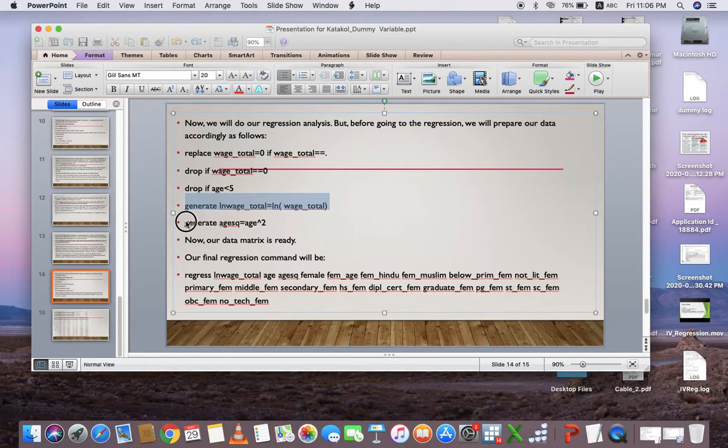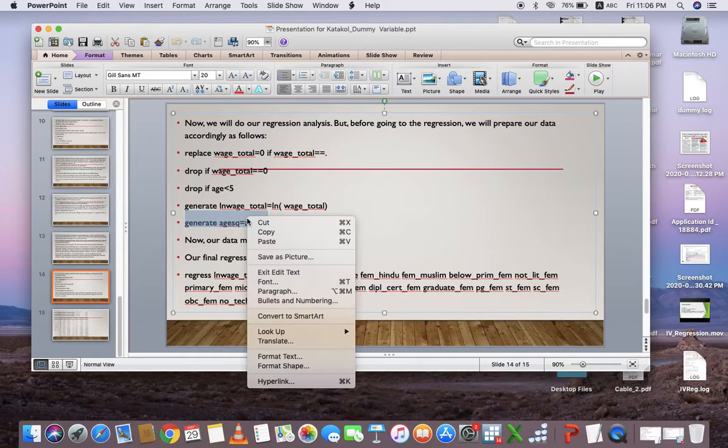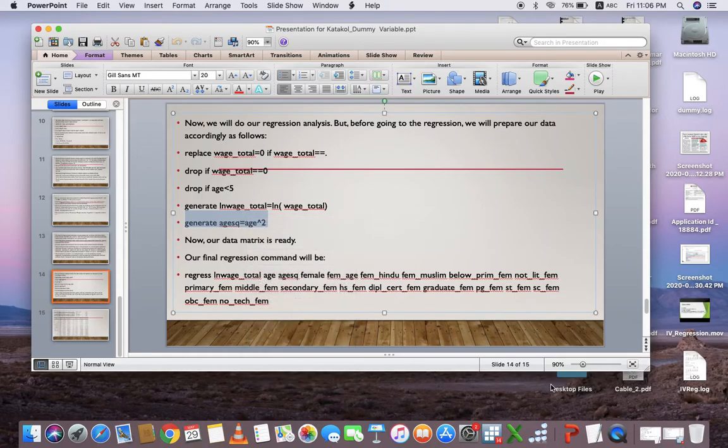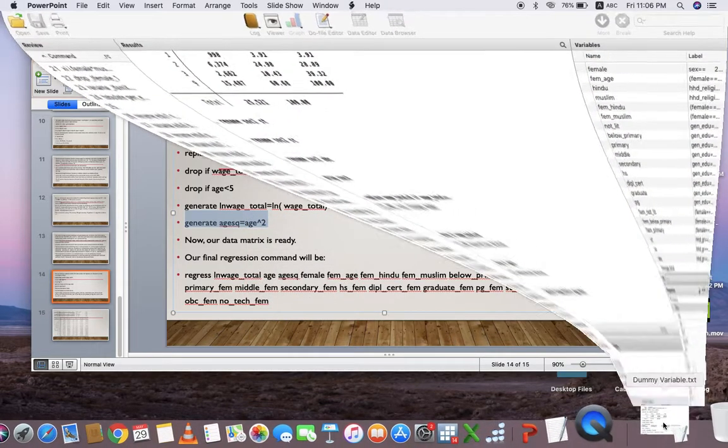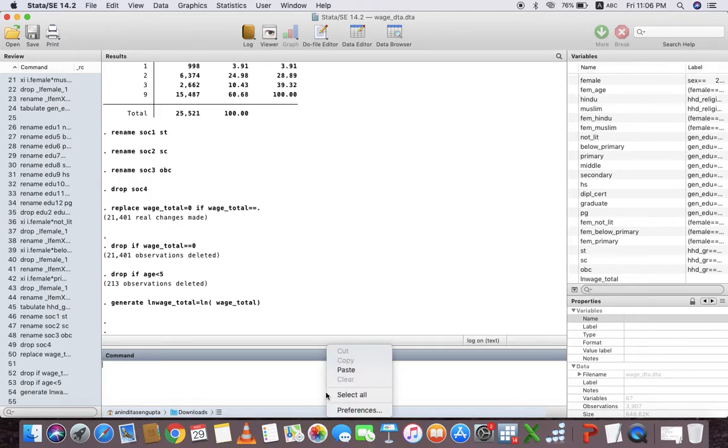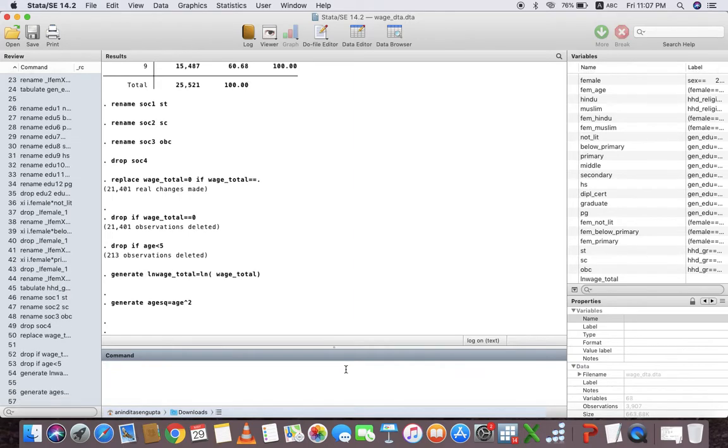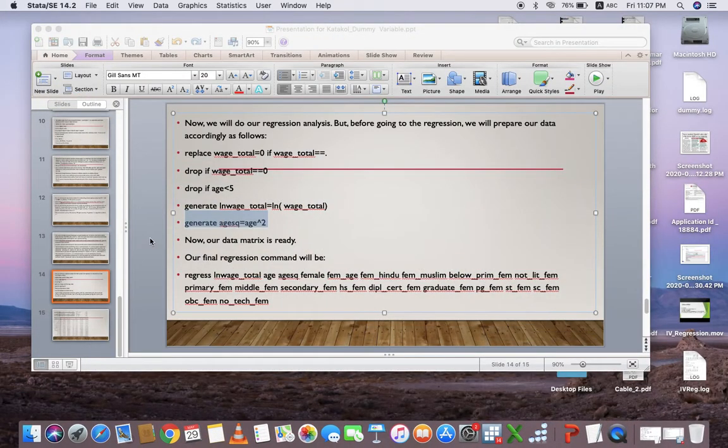Generate age square as age to the power 2. So this is our age square variable. Now our data matrix is ready.